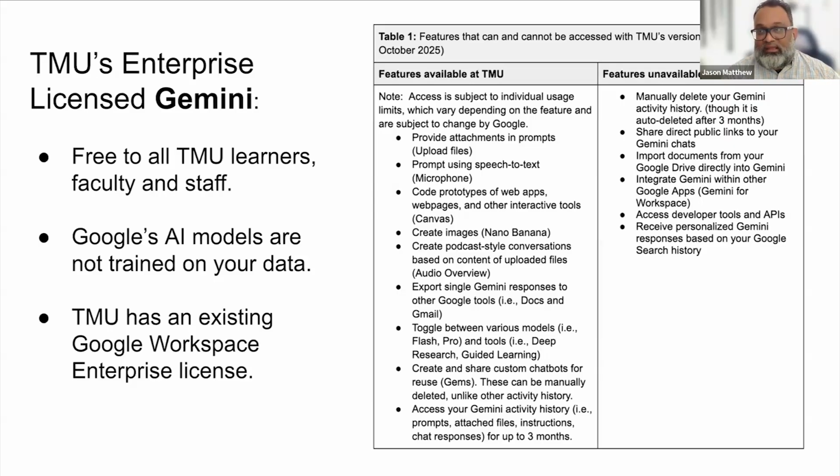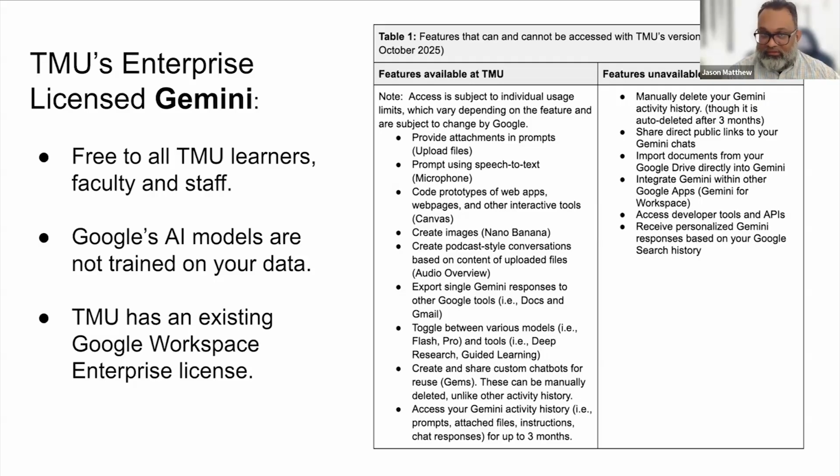But one of the things that the institution was looking at was the accessibility aspect of it, meaning that this is a new technology that people are using. There are the paid models and the free models, and the paid models, obviously, are better. And there can be a digital divide, where students who could afford the paid models have an advantage over those students who can't. So TMU decided to take an enterprise license of Gemini to make it